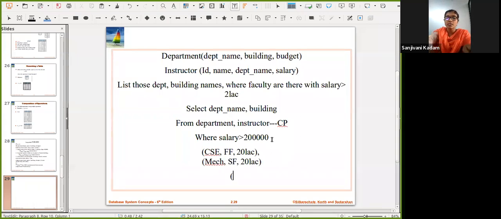Consider in the instructor, I have ID of the instructor as 1, name as SSK, then department consider CSE, and consider salary right now we need as 2 lakh. So I will write here 2 lakh. So this is one tuple and another tuple. Sorry, ID should be different, 2. Then I will write another SSK with mechanical department and salary 2 lakh.